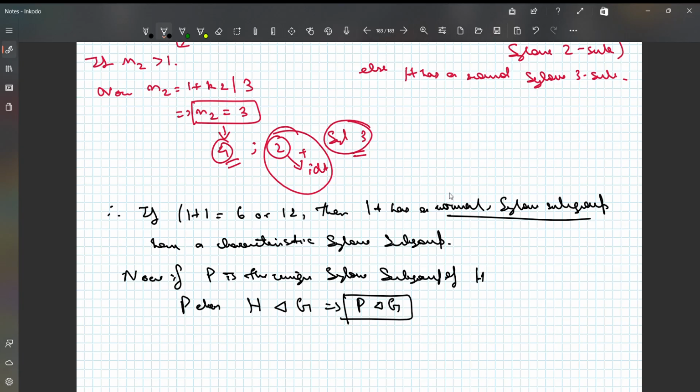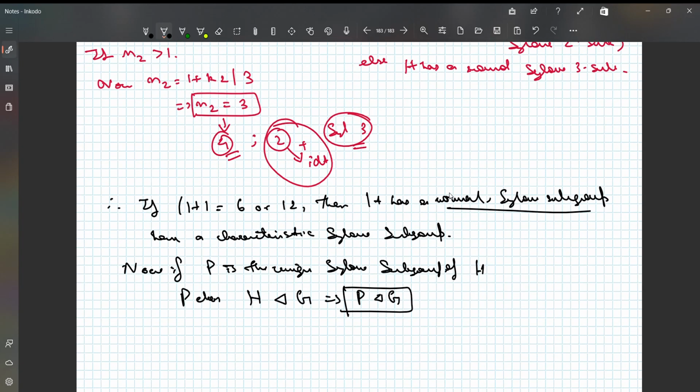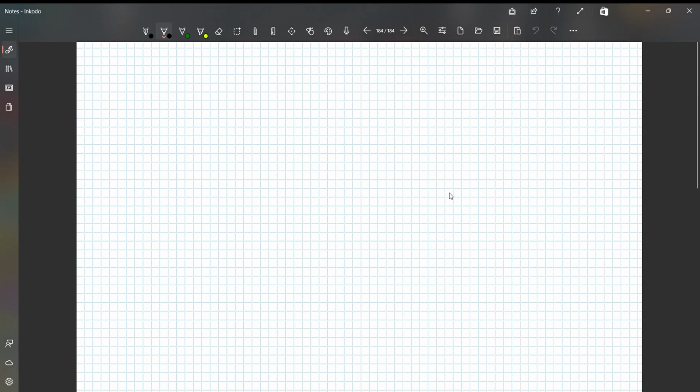We have discussed this fact in the previous lecture on Sylow theorems and group analysis, right? So P is normal in G, right? So if P is normal in G, then this Sylow subgroup is also unique in G as well, right? Therefore, the unique Sylow subgroup in H is unique in G as well, right? Okay. What we can actually do from here is that since we are talking about non-trivial subgroups and H is an arbitrary non-trivial subgroup,